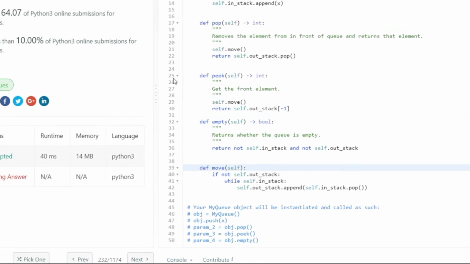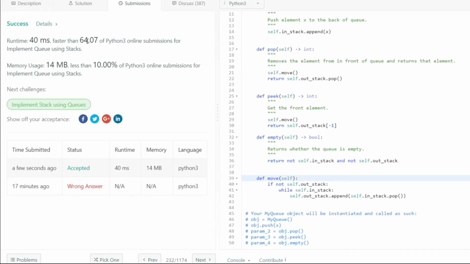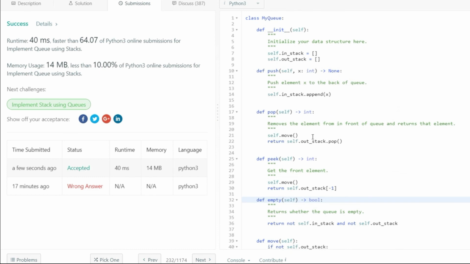And awesome, you can see that it's running faster than 64% of the Python online submissions. It's not really important. What's more important is how you're implementing it. And memory wise, it's not the most memory efficient solution as well, just because you're using two stacks. But that's basically it. There's not much here to it. In an interview, whenever you face this problem,